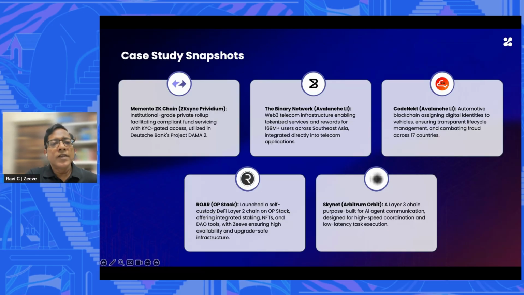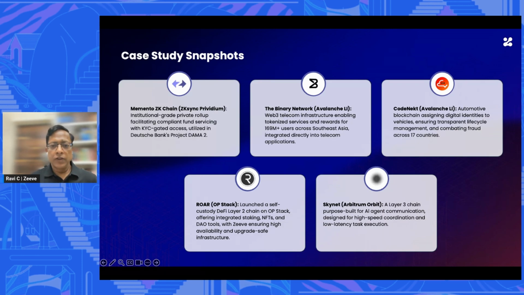Then another example is Binary Network, which is a startup in the telecom space. They already have more than 40 to 45 million wallets, and a lot of different kinds of apps are being launched on the network. It has been built using Avalanche L1.